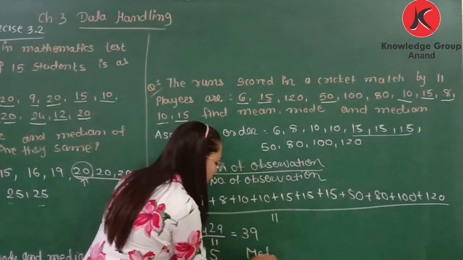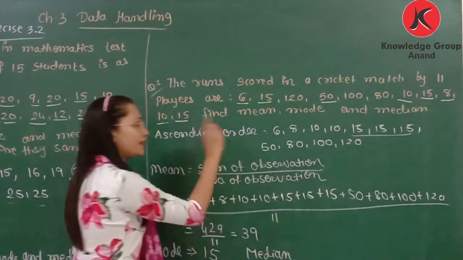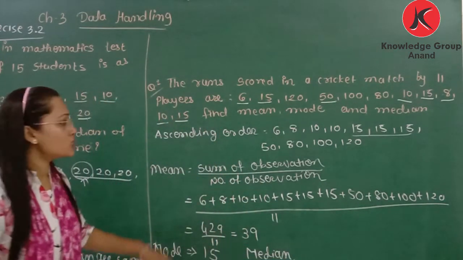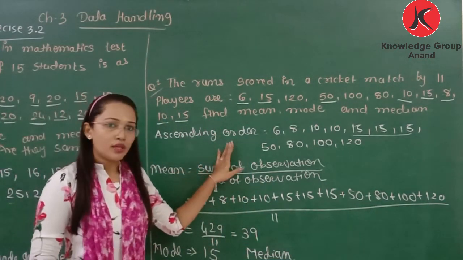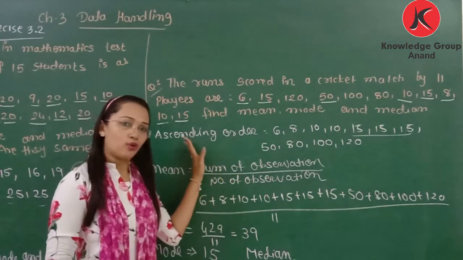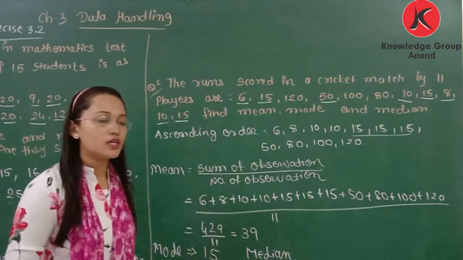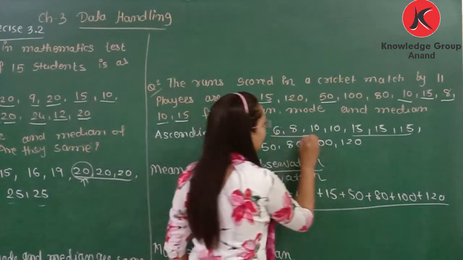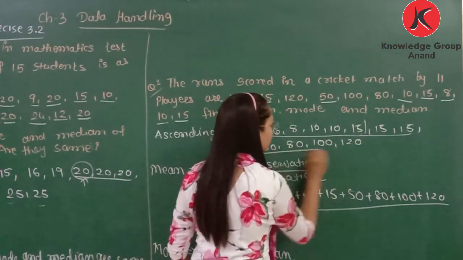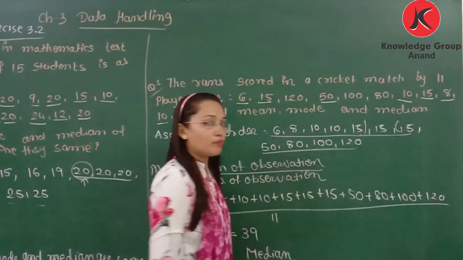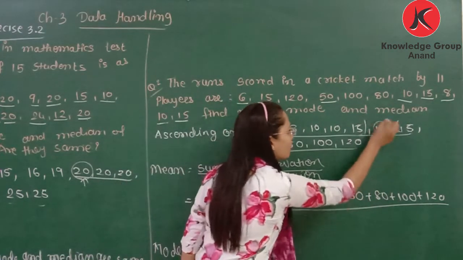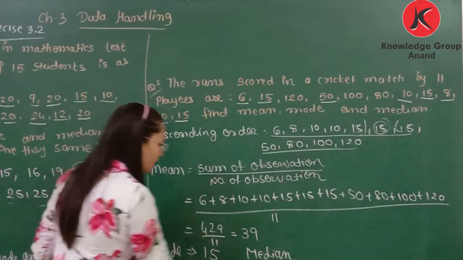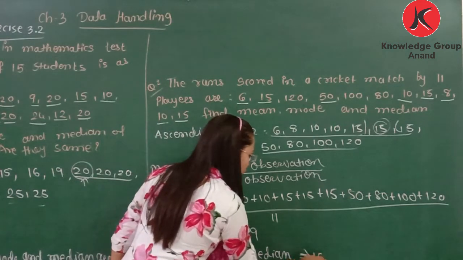And what will be the median? Again, there are 11 data, so we divide the numbers into 5 on the right and 5 on the left, and the number that will be in the center. So let's divide this 5 and this 5 from left to right, and here the center value is 50. So the median will be our 50.